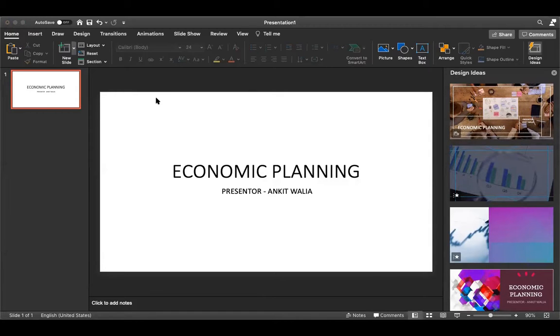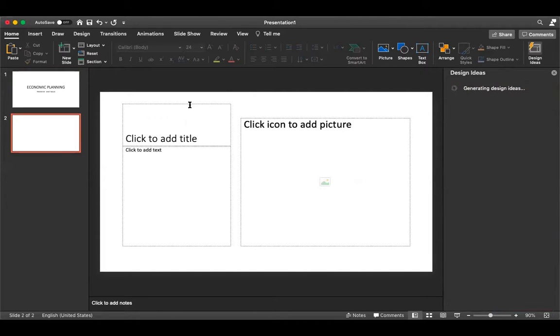Title and content, then section header only. Two content, or comparison if you need to go for it. Only title, blank, and pictures. Then if you want to connect with caption, picture with caption, for example, if I'm clicking on that,